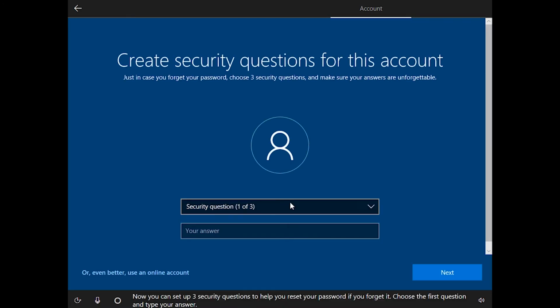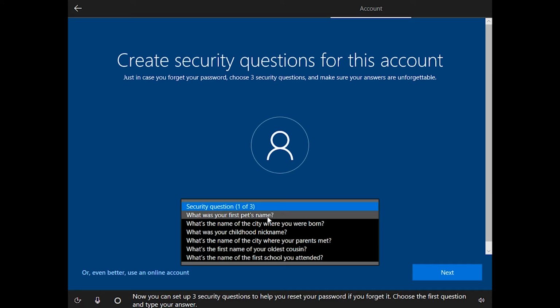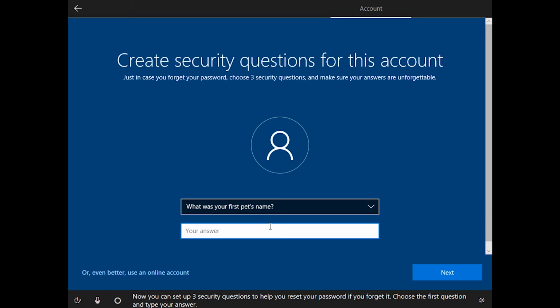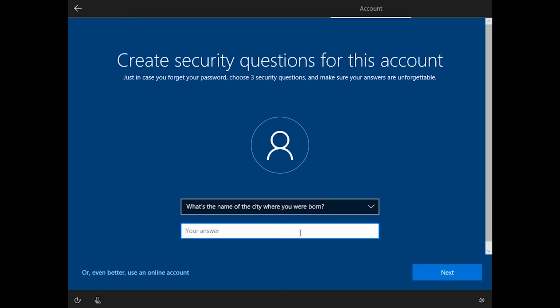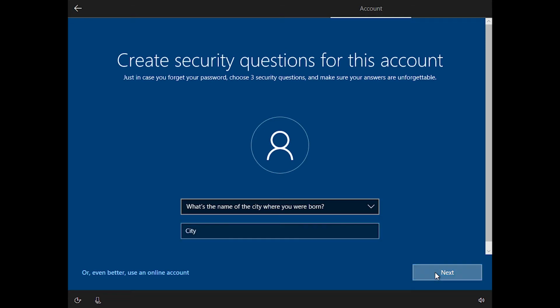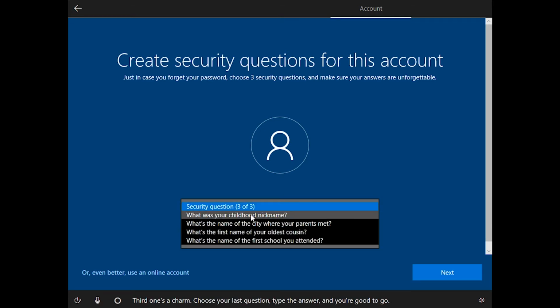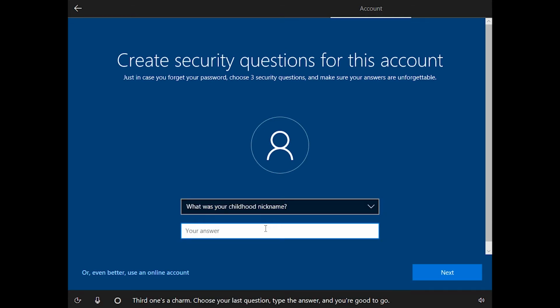Now you can set up 3 security questions to help you reset your password if you forget it. Choose the first question and type your answer. One's the charm. Choose your last question, type the answer, and you're good to